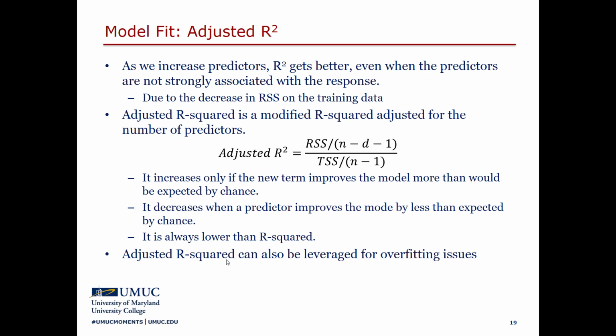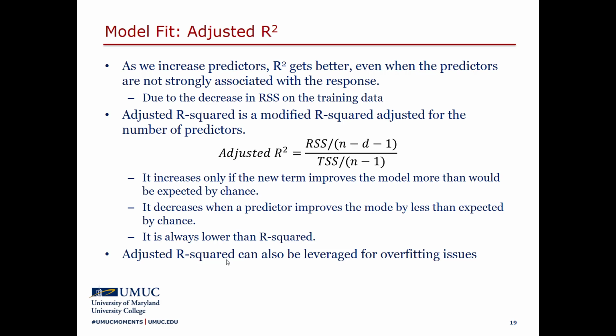model all the noise in the training data. In other words, it learns too much about the details of the training data, and it doesn't generalize well. So when you use this for prediction for future unseen cases, unseen observations, it doesn't generalize well because it is too specific for that one sample. Okay, so adjusted R squared can be used to measure